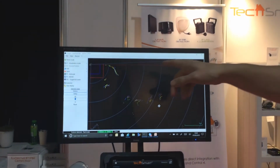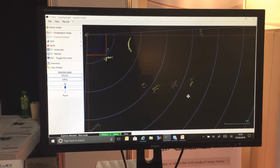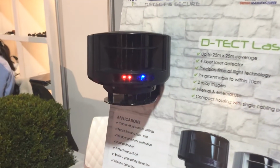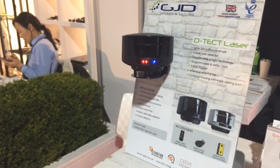And as you can see from the demo software on here, we've got 2 zones programmed, the red and the blue box. So the laser's actually picking up everybody moving around in the area. It's only once we cross that red line or the blue line that the actual unit will trigger. You see the LEDs change to red as we're in both zones now. As we move out,